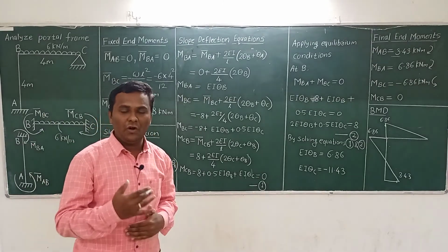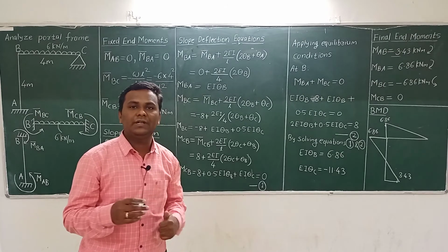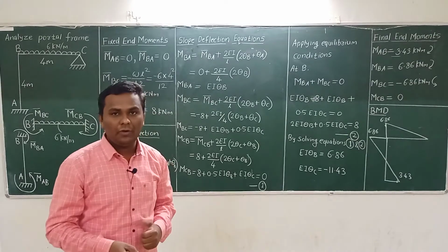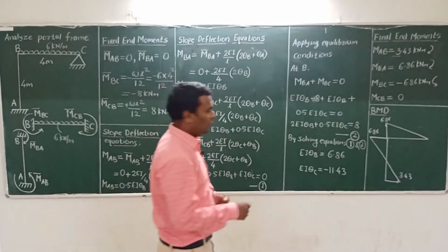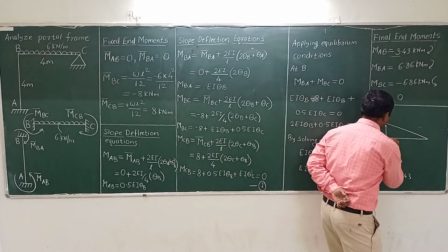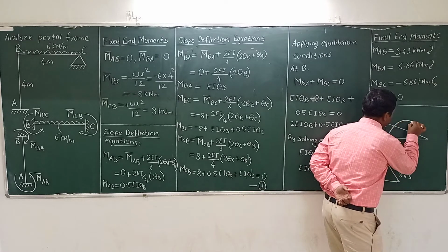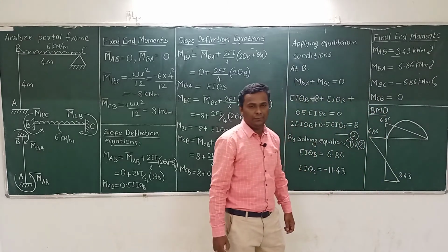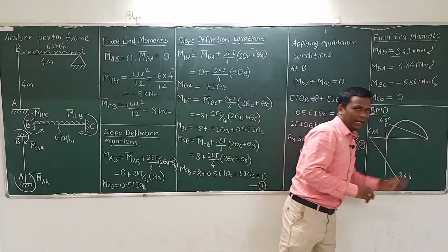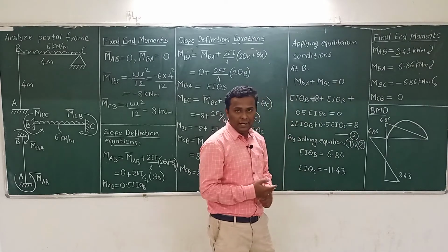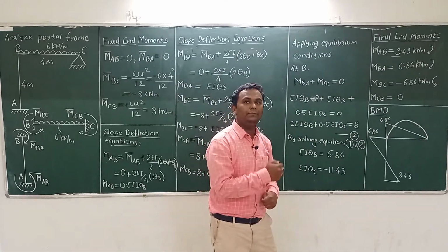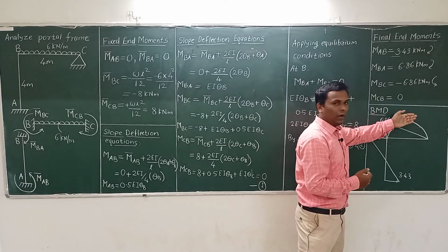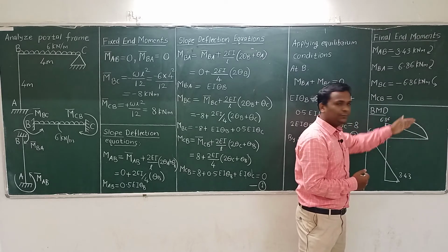Maximum bending moment for a simply supported beam when it is subjected to uniformly distributed load is WL square upon 8 and its nature will be parabolic. So for BC, you have to show the parabolic diagram which we have superimposed like this. Now this parabolic bending moment diagram is basically sagging bending, but for superimposition we have taken it outside its frame, means above this beam.